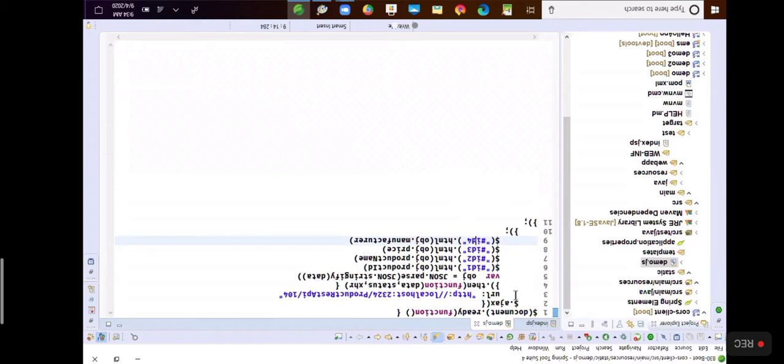So this JavaScript is going to first parse the JSON string. We'll store the data in an object, and from that object we can access the values of each and every key of the JSON string, and we would like to set those values to ID 1, 2, 3, 4.